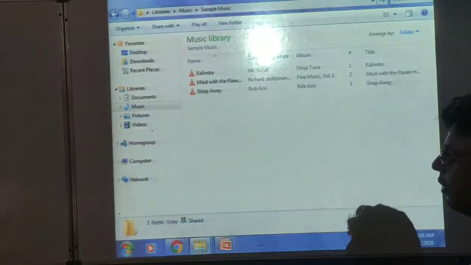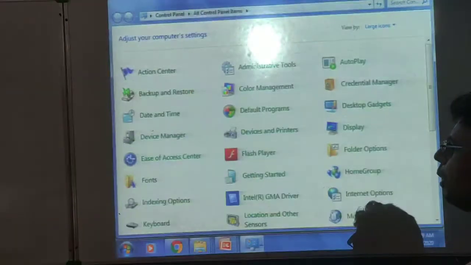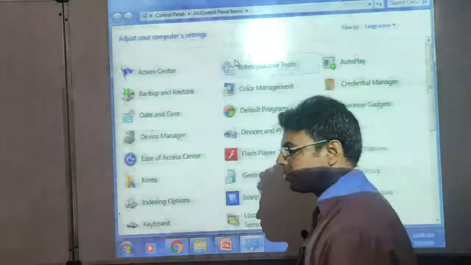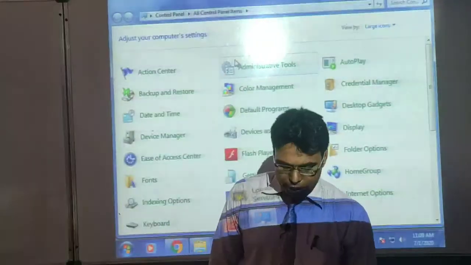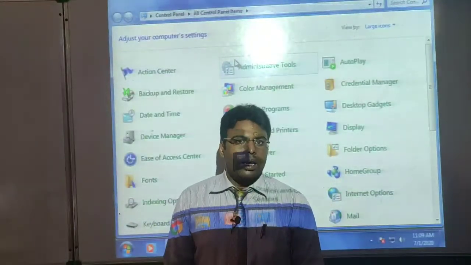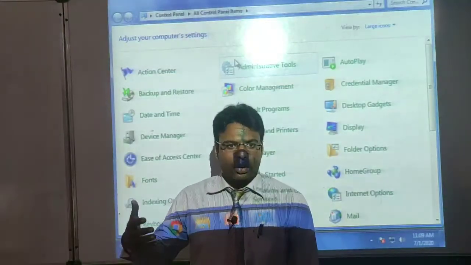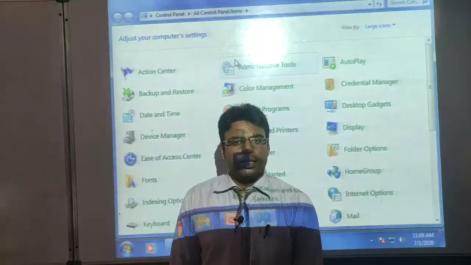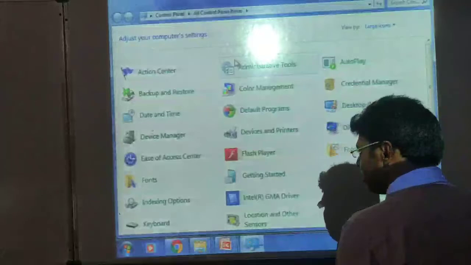Okay. Next, the same thing, if you want to see the control panel. This is very important, the control panel. It is just like a setting. जैसे मोबाइल में हम लोग को सेटिंग ऑप्शन मिलता है. Like if you want to do some changes in your mobile, you have to open the setting button and then after that we can see whatever you want to do related to the setting, or if you want to change the settings you can do it from setting. The same thing in the computer we get from the control panel.